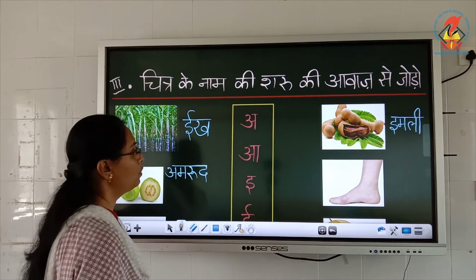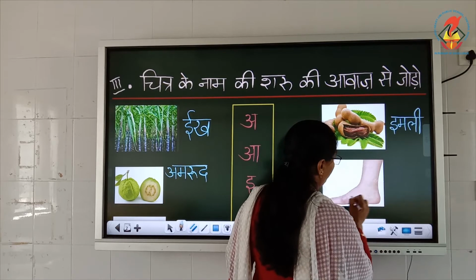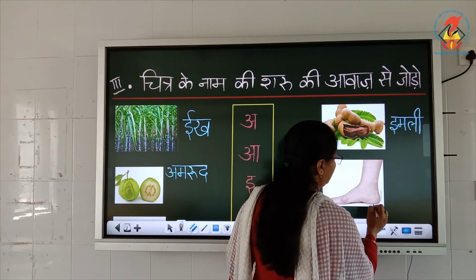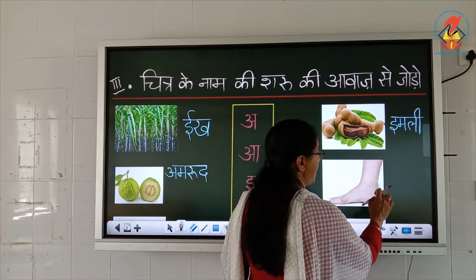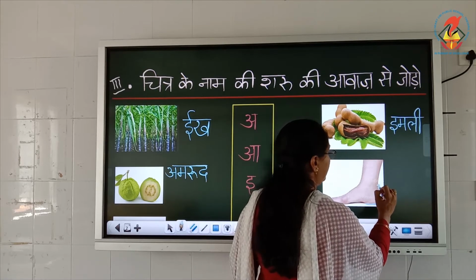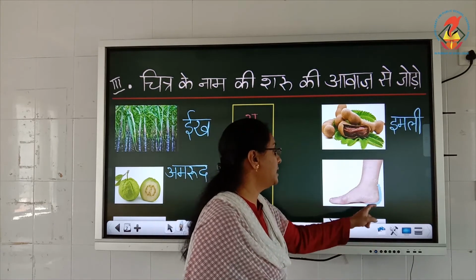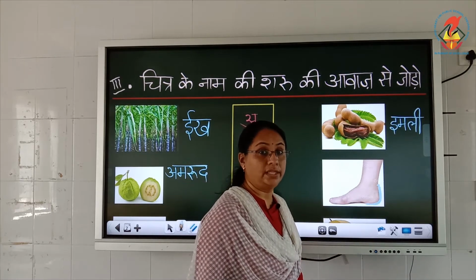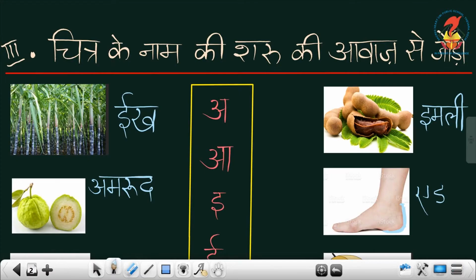Now let us go to the next picture. ये क्या है बोलो? Now you have to look. We have given the picture of a foot. We are going to write the name of this heel. We are going to write what this part is known as. This part, the heel part, is known as AD. All together it is foot. Okay, now इसको क्या कहते हैं? This part, the heel part. What is it known as? AD. AD, heel. Okay, AD, foot, heel.